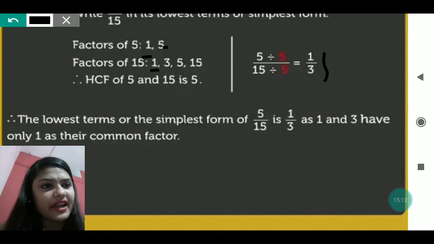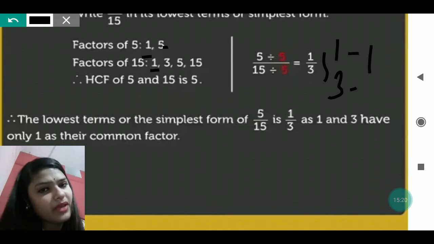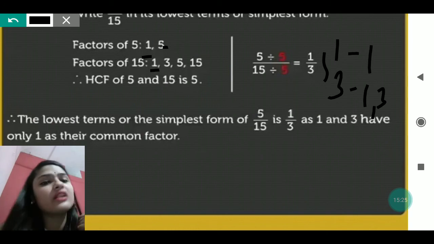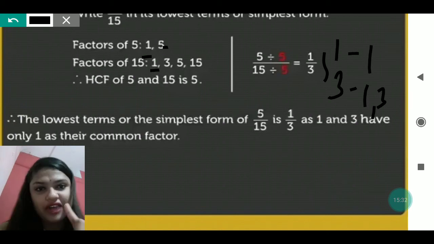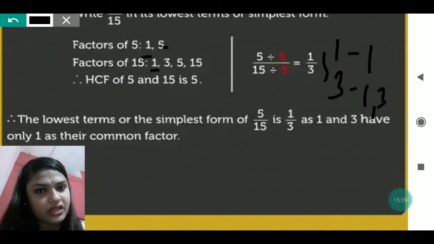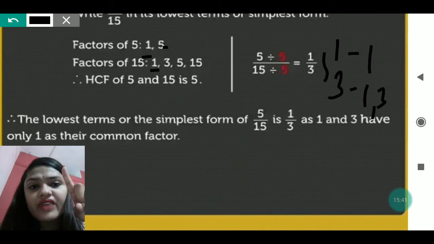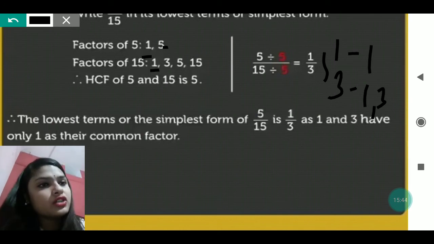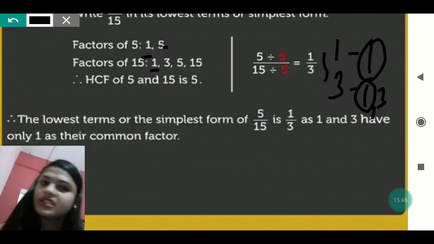when you find the common factors of 1 by 3, that means you find the factors, then the factor of 1 will be 1 and the factors of 3 will be 1 and 3. These are the only factors. So 1 and 3 have only one factor in common. If we get more than one common factor, it means it is not in lowest term. If we get only one factor, that is 1, it means it is in lowest term. So we are getting only 1, so it is in lowest term.